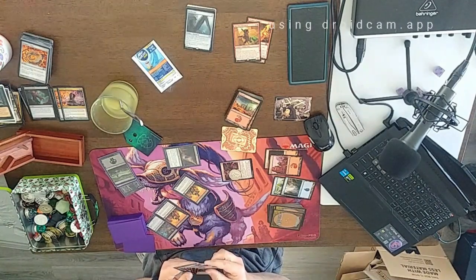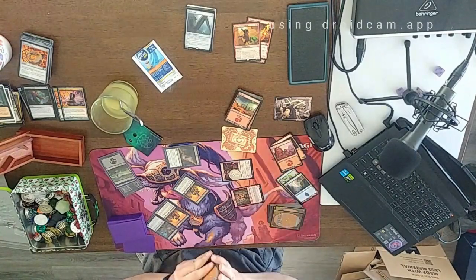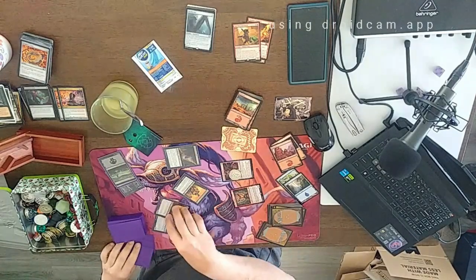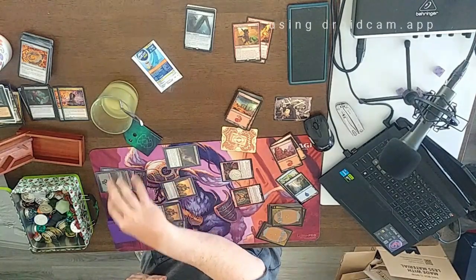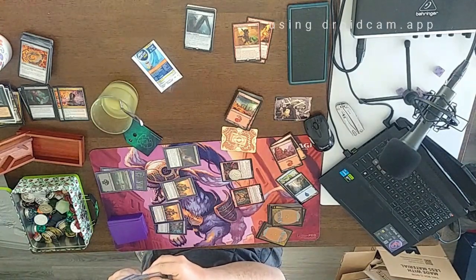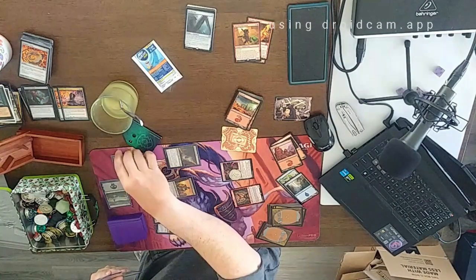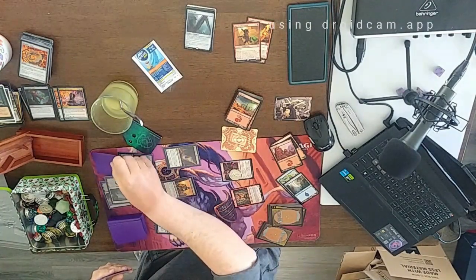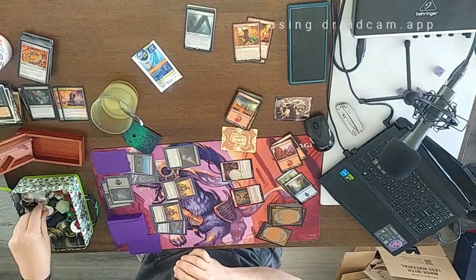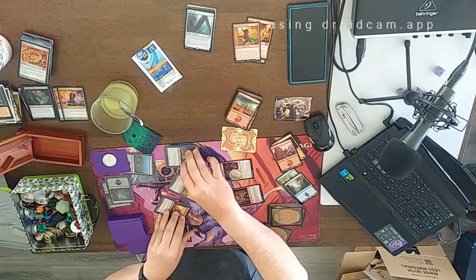So we're going to cast a Delina. Pass turn. Draw a card. Okay, we're gonna spend 2 and suspend that with 2 time counters on it. Then we will attack with